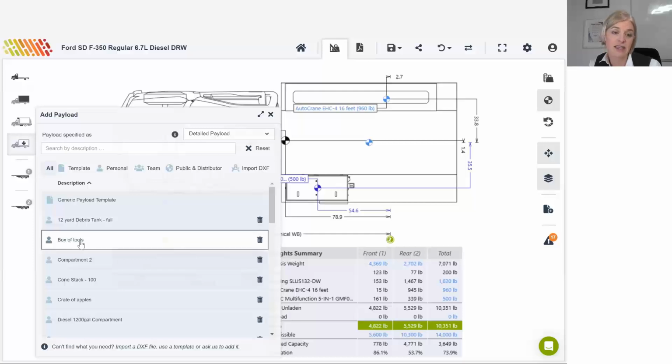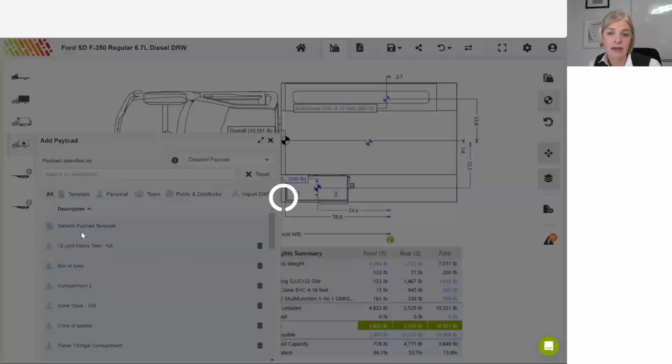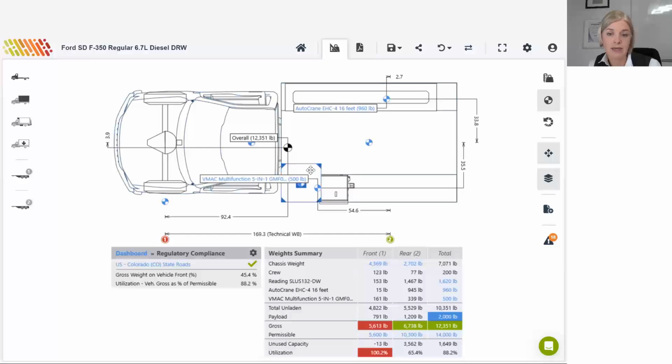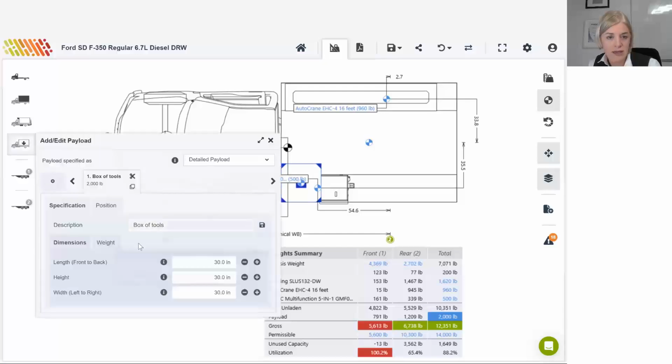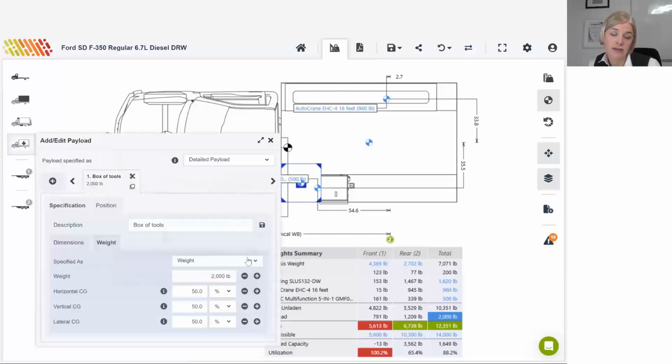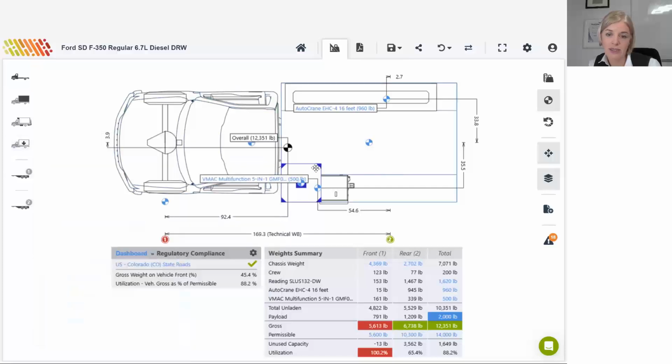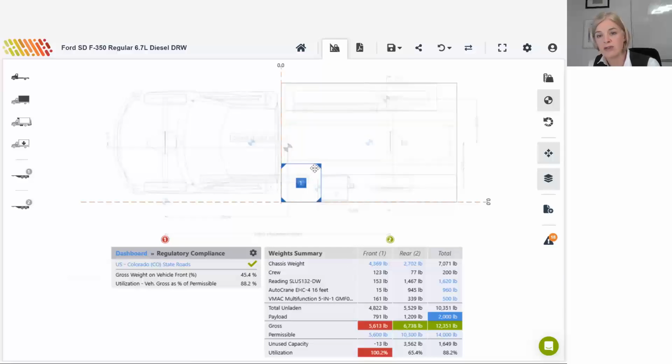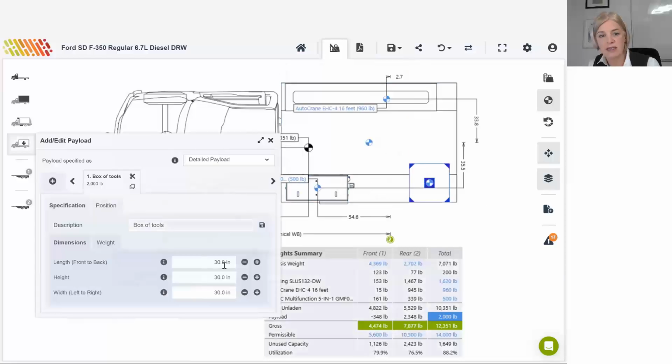For instance, I have saved this box of tools in my personal library, and that box of tools, I said, weighed 2,000 pounds, quite a heavy box of tools. You'll see it's currently overloading the front axle just by 2%. So if I were to move it towards the rear, you can see very quickly that 2% problem is fixed, goes to green. And if I just maybe exaggerate the weight of these tools,